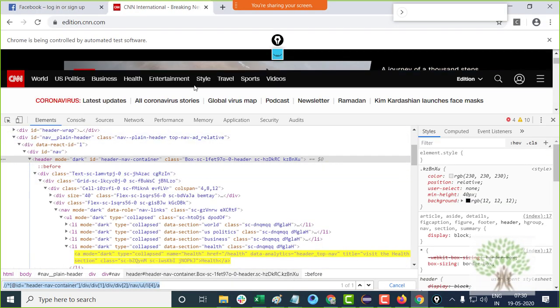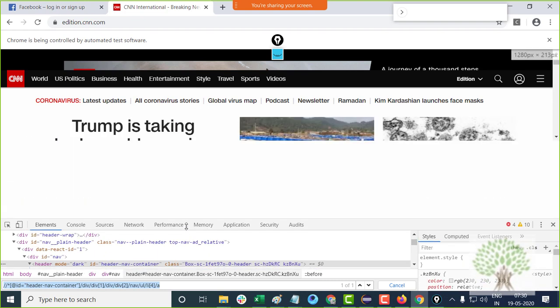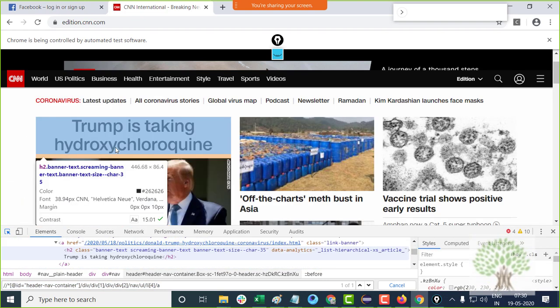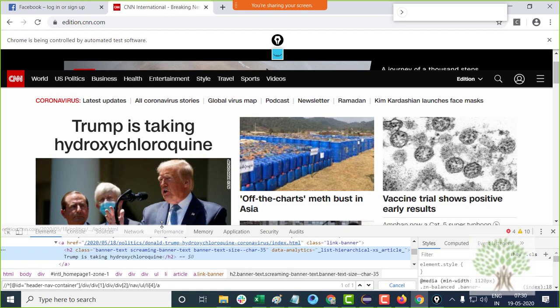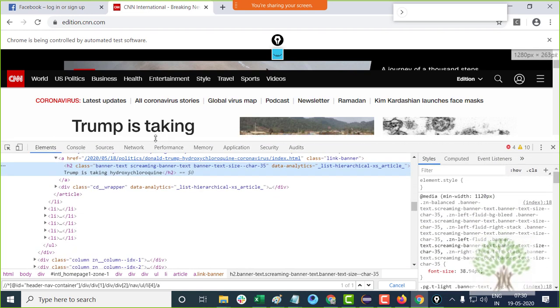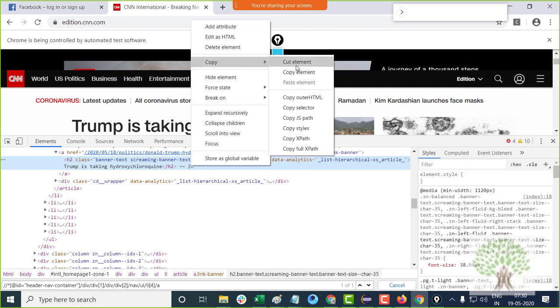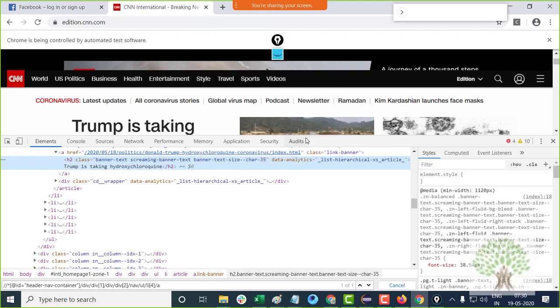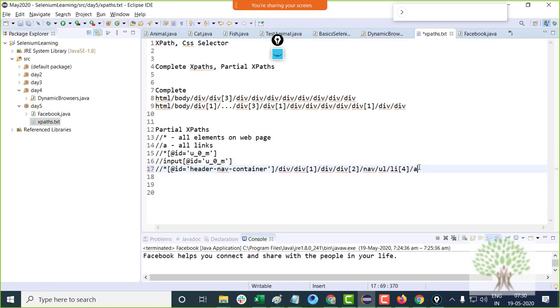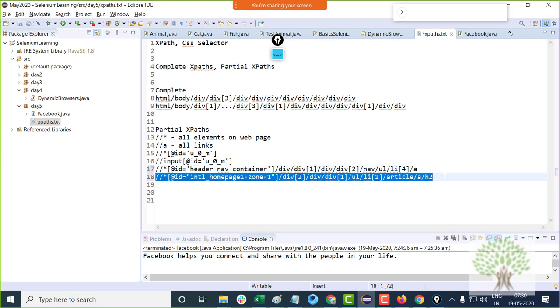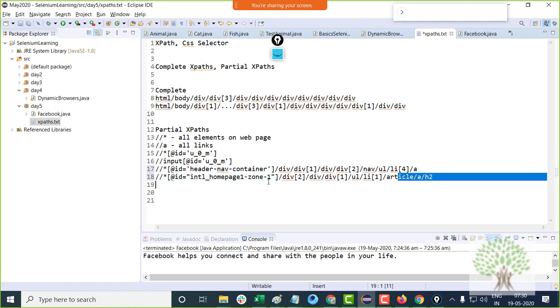Similarly, if I go and investigate these headlines, these are the headlines, H2 tag. If I right click, copy the XPath, I will get the XPath like this. So this is the H2 tag which is lying somewhere inside this particular division which has this ID.